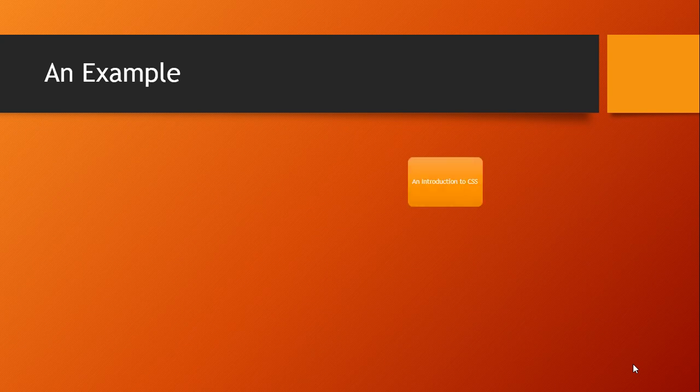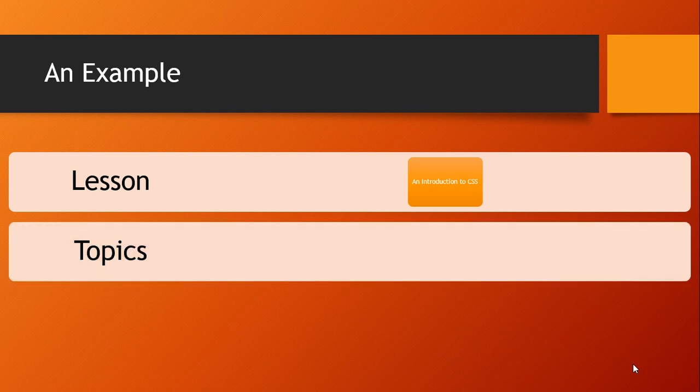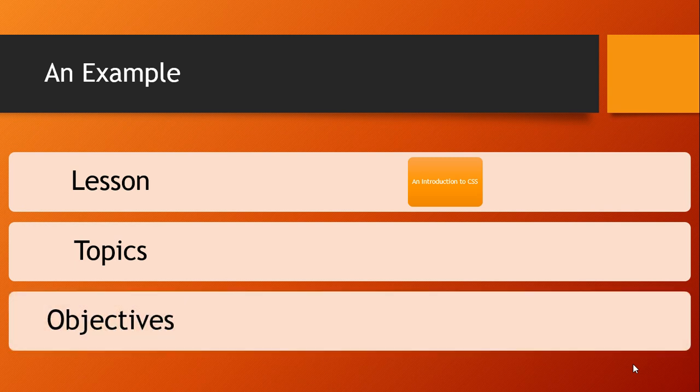So the assignment requires that you create a lesson for your e-learning module. And for example, I could use the topic of an introduction to CSS as my lesson. The assignment requires that you have 5 topics that you develop. The assignment requires that you develop that lesson by means of 5 topics, and that each topic develops a single